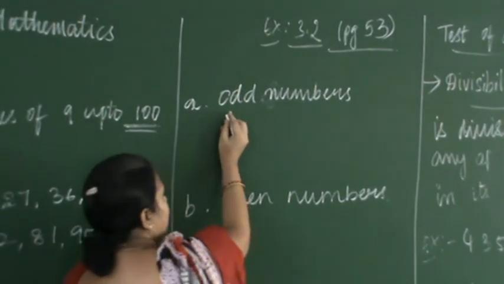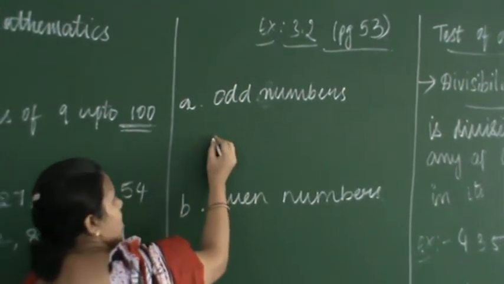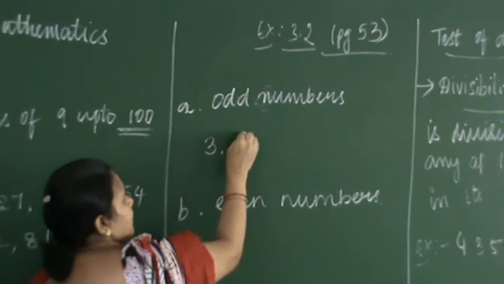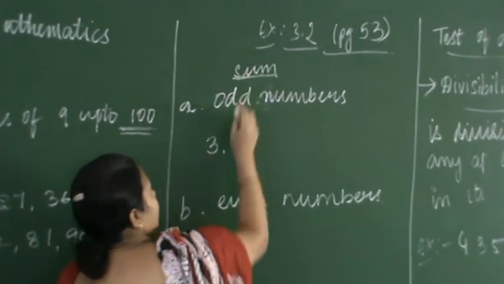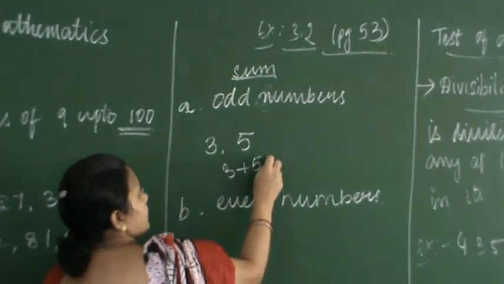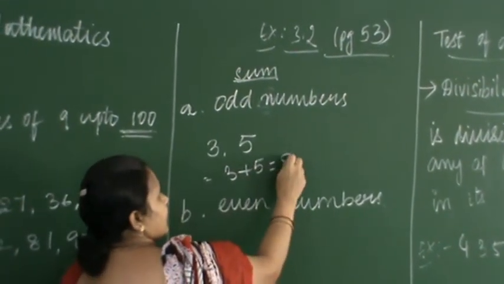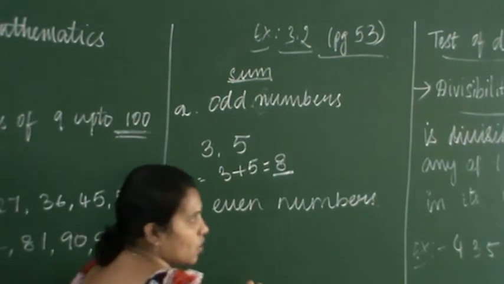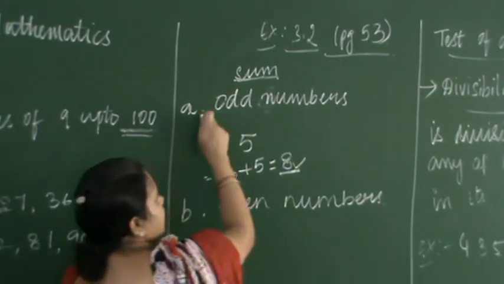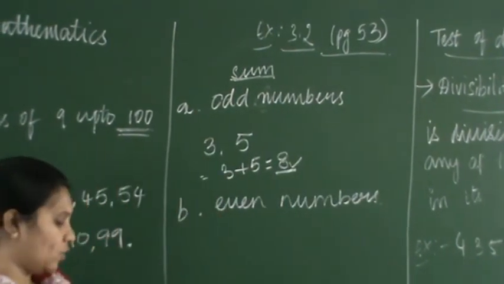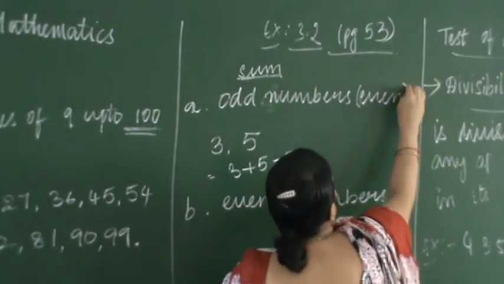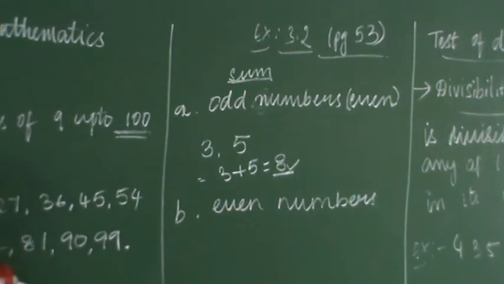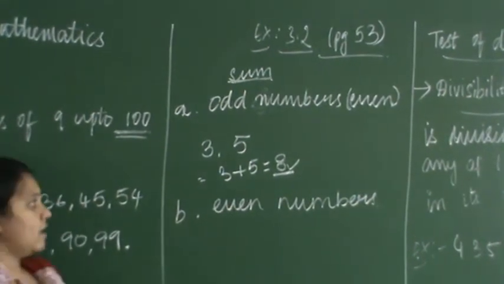Let us take any two odd numbers. Shall we take the odd numbers as 3 and 5. He is asking us to find the sum. So what is the sum? 3 plus 5. What is 3 plus 5? Nothing but 8. Is 8 an odd number? No, 8 is an even number. So what is the first bit? The sum of any two odd numbers is an even number. Next bit. He is asking us to